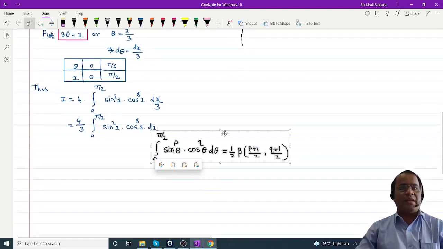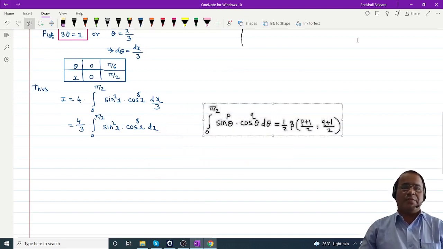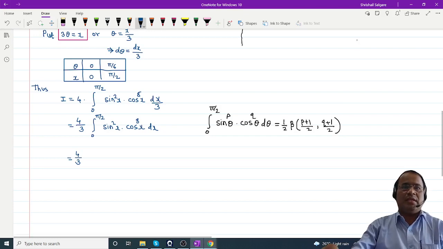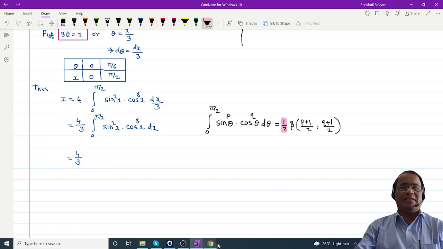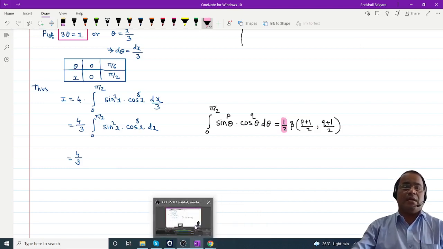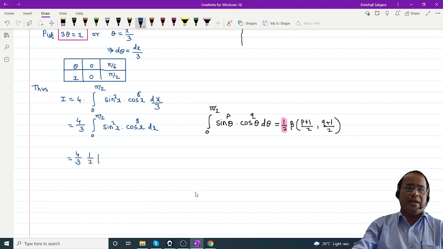Instead of theta we are having x. If you compare this with the definition, it is the beta function. One thing to remember: most students forget to write this 1 by 2. That is a general habit, we may forget and write it directly in the beta. So remember that the multiplying factor is 1 by 2, that you have to write. So it can be written as 1 by 2 into beta of,